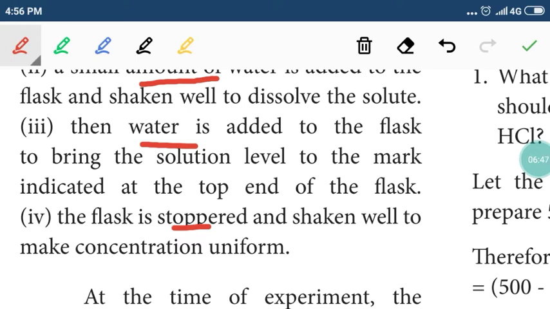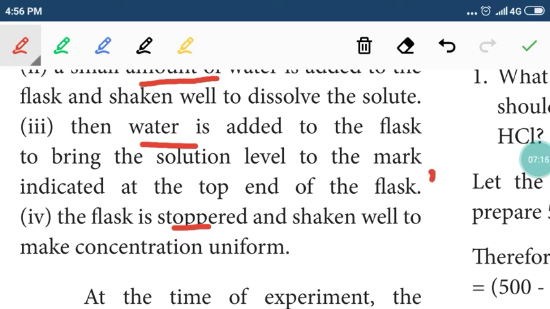So we have to take a standard flask with a capacity of 1 liter. Measure 40 gram of sodium hydroxide using a digital balance. Take the 40 gram of sodium hydroxide in the standard flask. With that, add some amount of solvent, for example, 200 ml. 200 ml of water will be added and the sodium hydroxide will be dissolved.